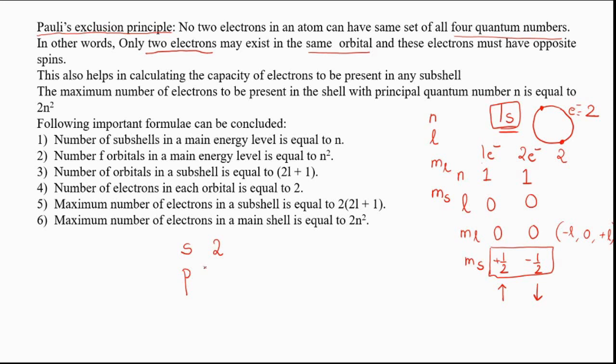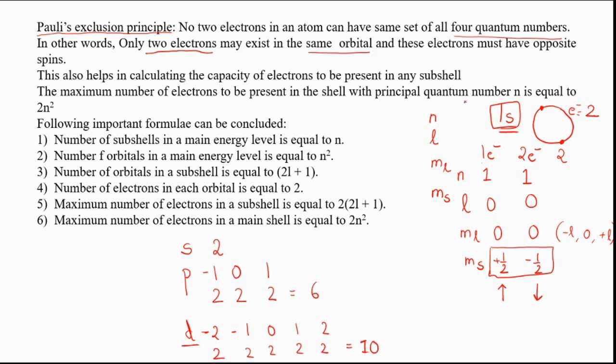Then for a p orbital, I know the values of Ml. We have -1, 0 and 1. So these are the three different orbitals. All of these orbitals will have a maximum occupancy of 2 each. So the maximum occupancy for p orbital will be equal to 6. Then if I consider d orbital, we have the Ml values equal to -2, -1, 0, 1 and 2. If the maximum occupancy for each orbital is 2, what do we see in totality? We see that there are 10 electrons present in the d orbital. So the maximum occupancy is this much.